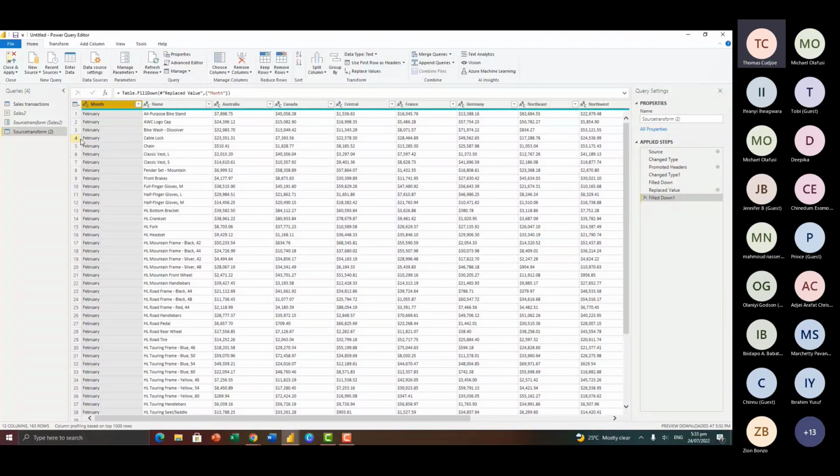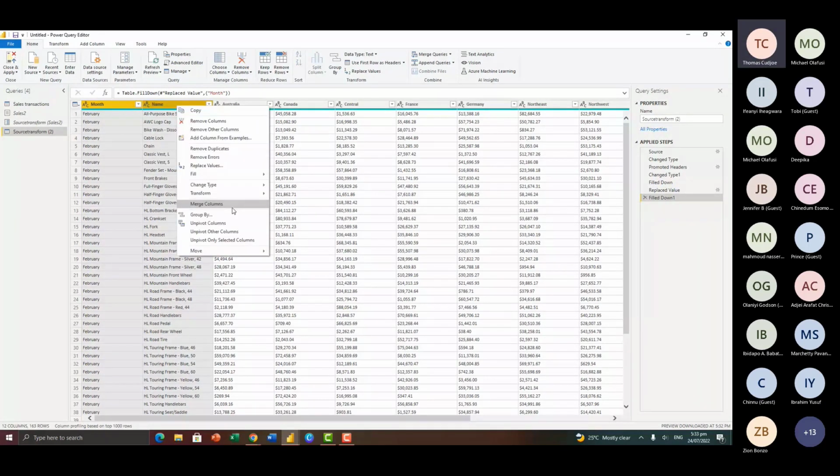So here we have the 4 months here. Now here you can see that we have the countries here. Now what we want to do is to bring these countries into one column, and then the values that you are seeing here, we also want to put it in another column. So you're going to have 2 columns out of this. This means that we need to unpivot these columns. So what I'm going to do is to select the month column and then select the name column. And I'm going to right click and pick unpivot other columns. So these are the other columns I want to unpivot.